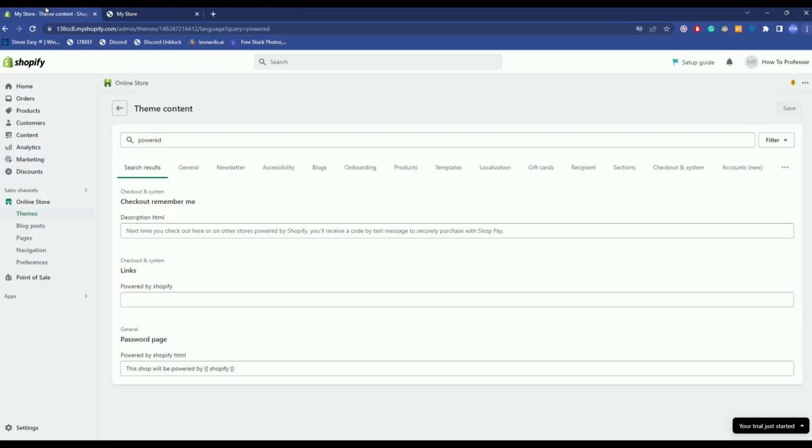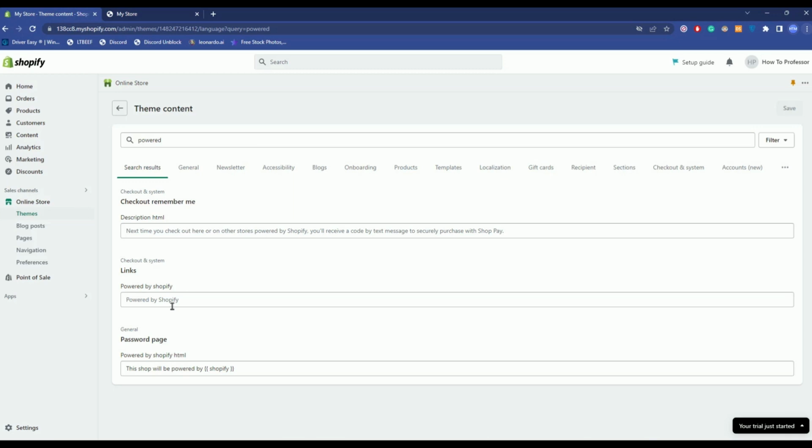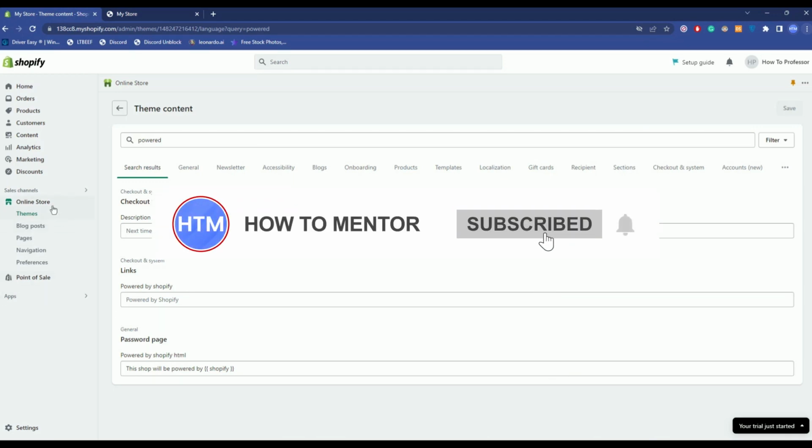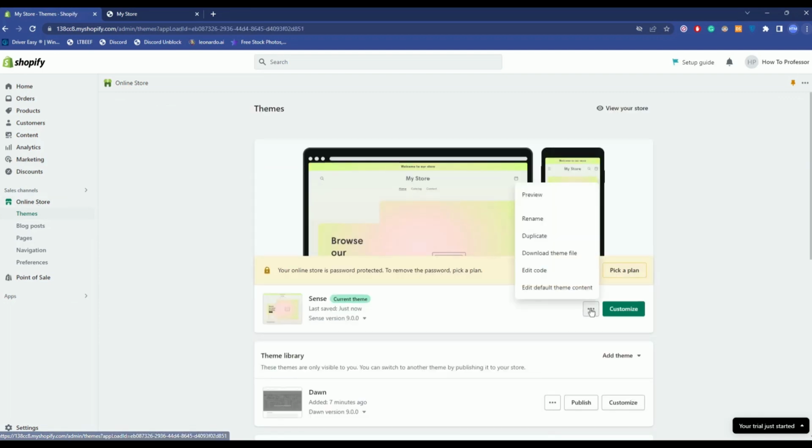Now I'm going to show you another method. So first undo this. So as you can see, it is back. Now for some reason, if this process doesn't work on your system or on your particular theme, what else you can do is just simply again go back to your online store, click on the three dots, then go to